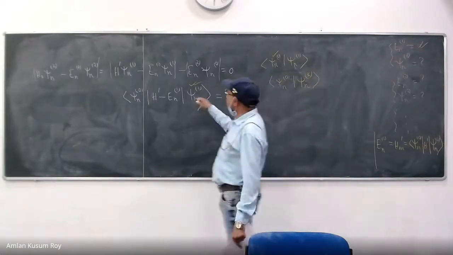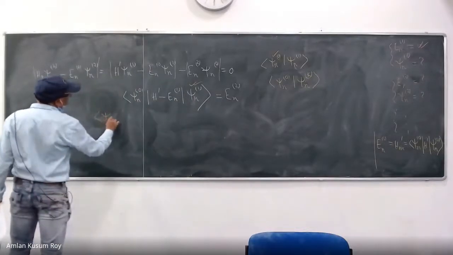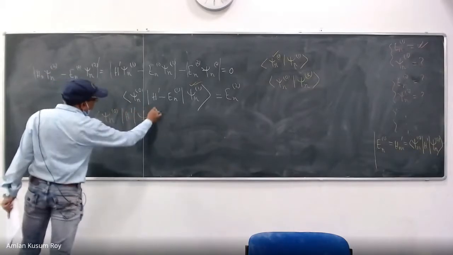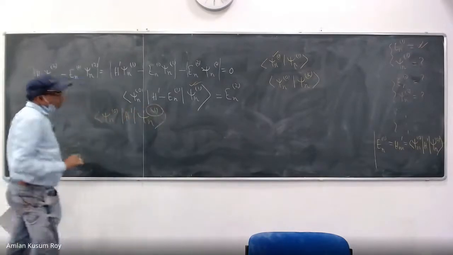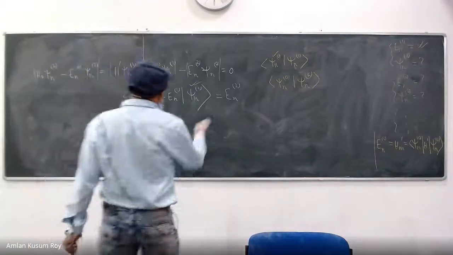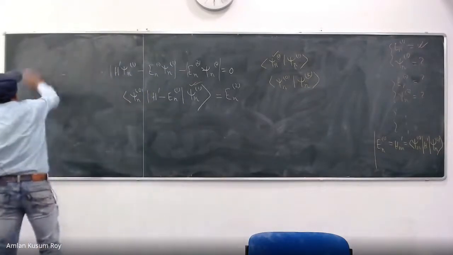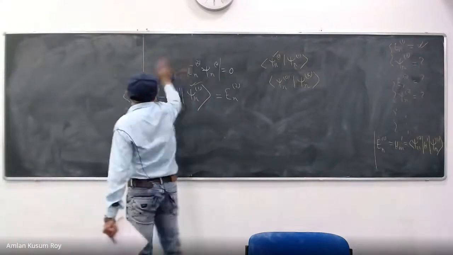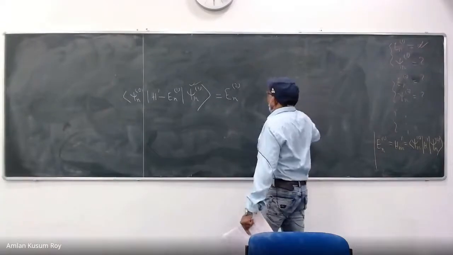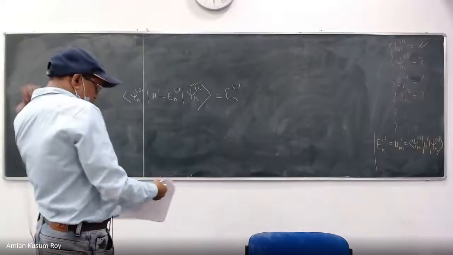So I can handle this guy with some understanding, but I have no way to handle this guy, psi n0 H prime psi n1. This one is a very, very big guy. So that is why I need to discuss further. But this becomes an expression for me. Understand? So keep your eyes and ears open. Just deriving doesn't make sense. But still it is a good equation for me. It's a simplified equation.